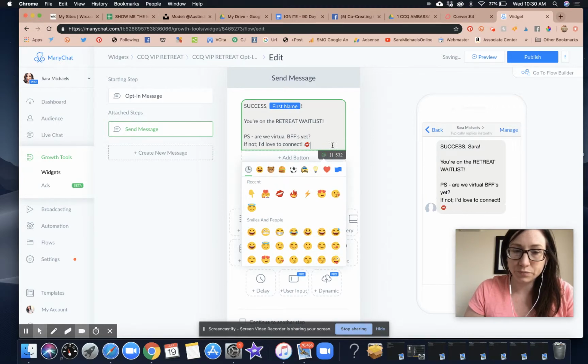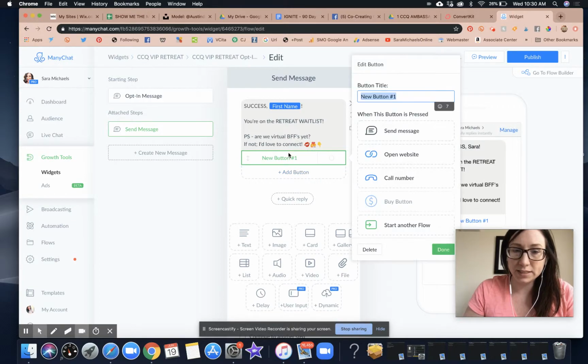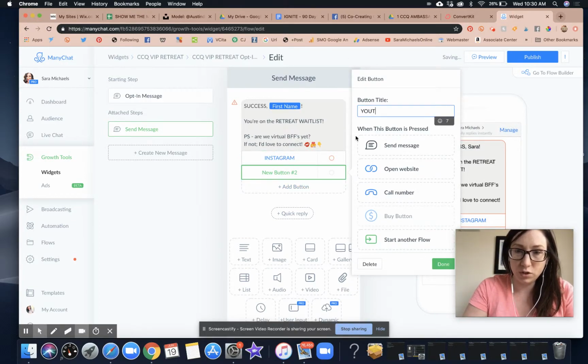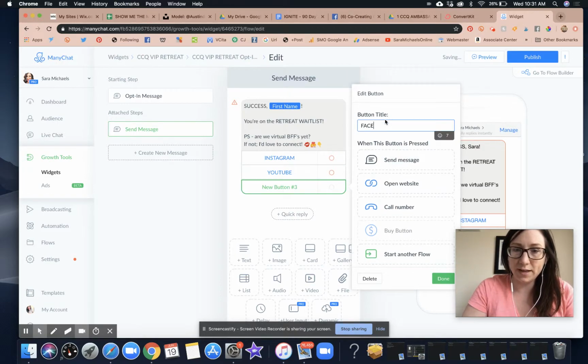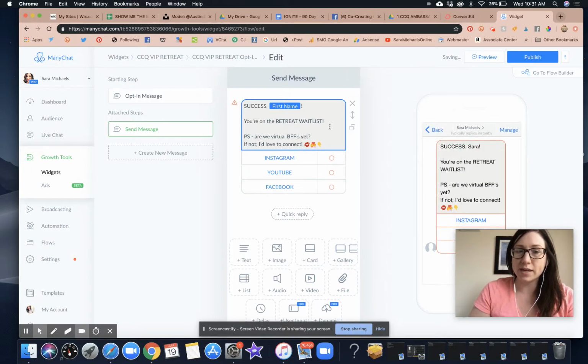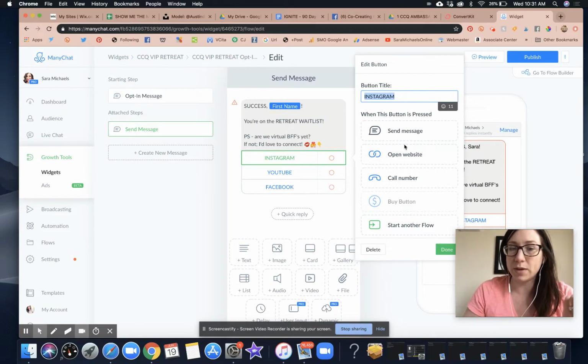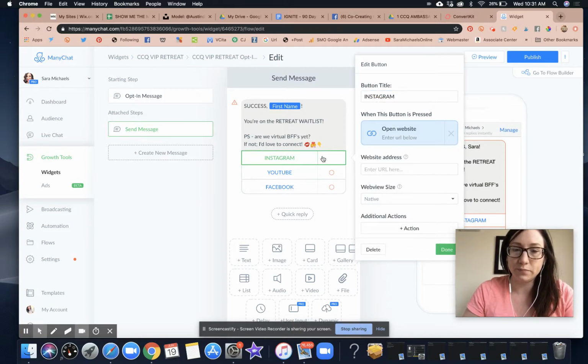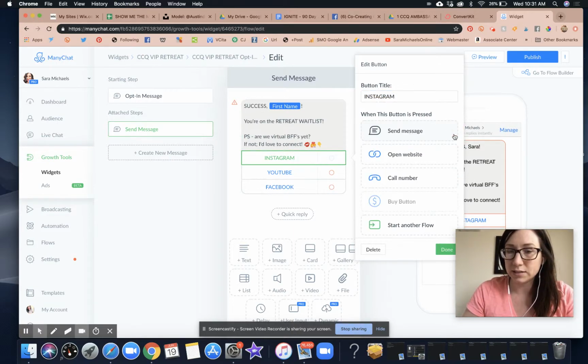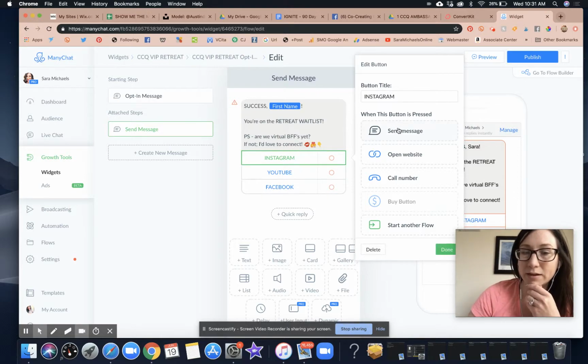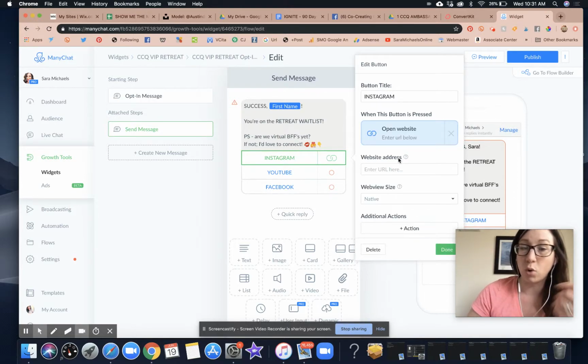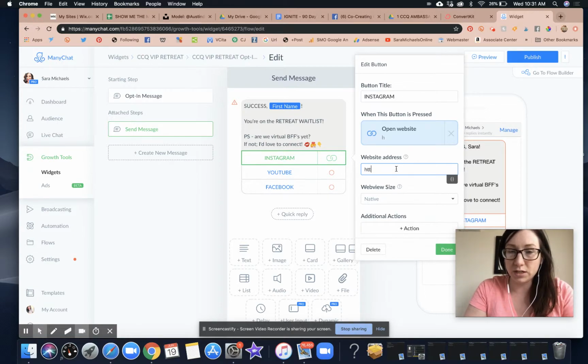All right, and then I'm going to put Instagram, and then I'm going to put YouTube, and then I'm going to put Facebook. Okay, because those are my 3 biggest platforms, and then I'm going to just send them to a website. Okay, so you can see when I click on the button, it'll give me the options, and I can say open website, and that's where I'm going to put